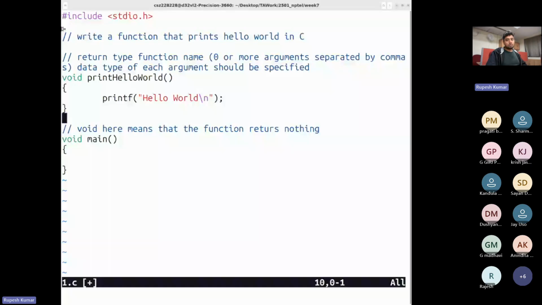What is the next thing we want to do? Anyone? So now you have a function. Now what do you want to do with this function? Do you have any idea on the utility of these functions in C? Like I could have done this inside the main function itself. I do not need to create this function just to print hello world. But why have I created it here? Do you have any idea on the advantages of having functions in C?